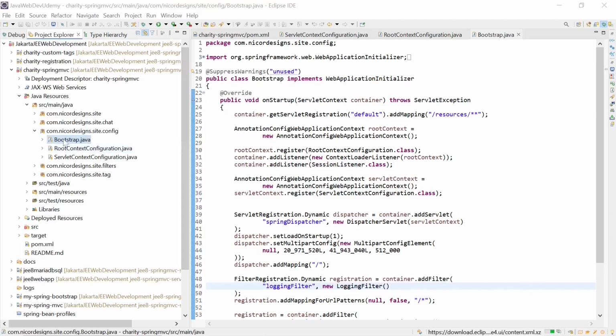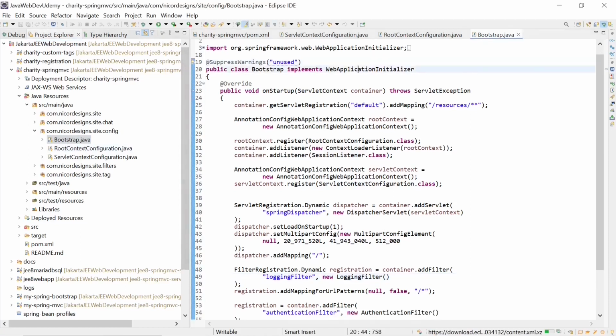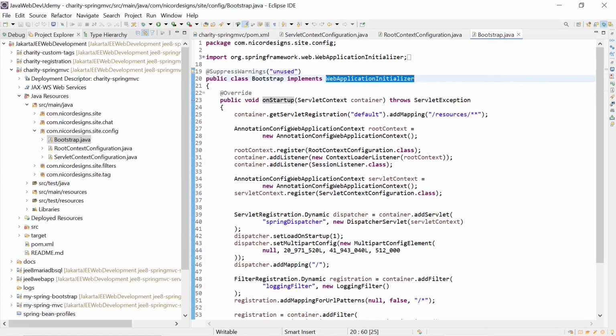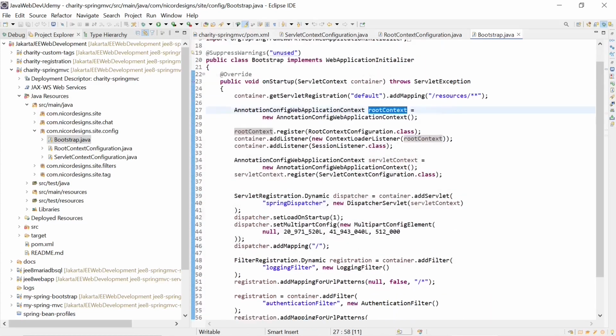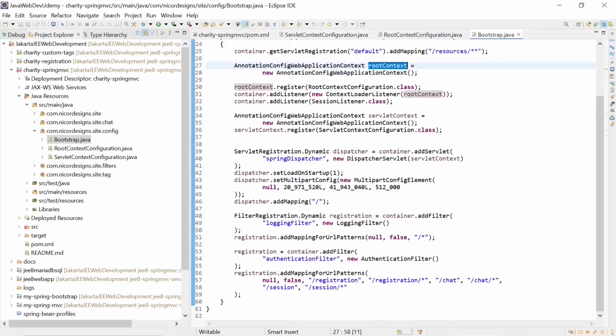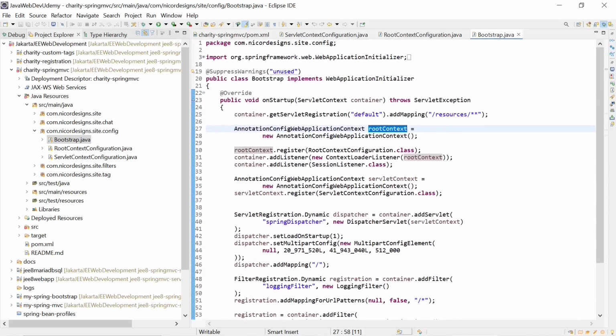So we start at the bottom of our validation with the Bootstrap, and it's a web application initializer, and we see we get a root context, and we also get a servlet context. So right here there is no configuration required for Spring validation, but let's go a level up to the root